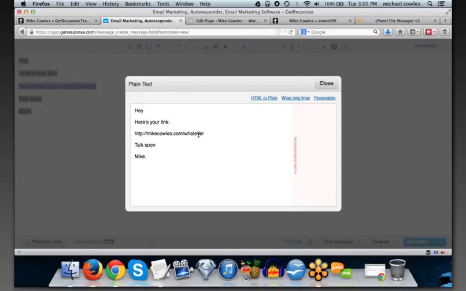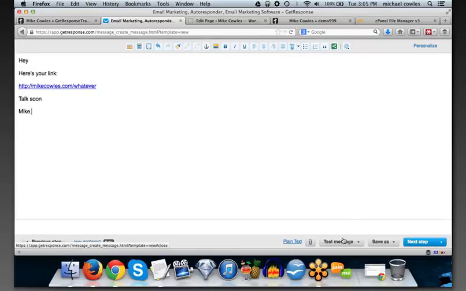Then you have to go back and find your link and everything else. Because you're going to be emailing your list a lot, every single step that you can save that still does the best result is going to be something that you want to focus on. So once you do that, if there's a long sentence, you simply click on wrap long lines and close it. And then that message is done.